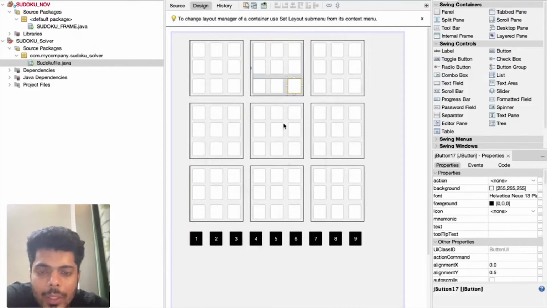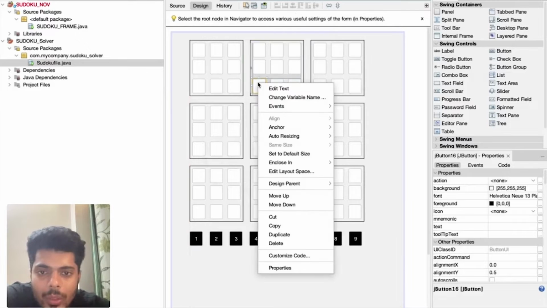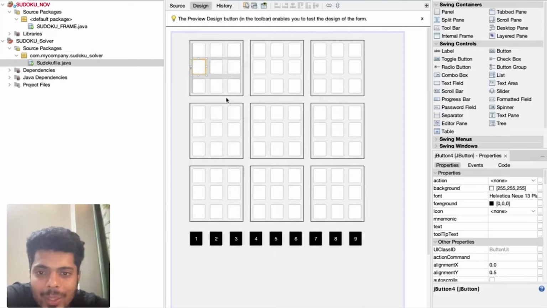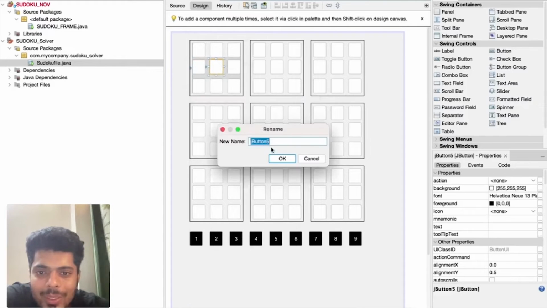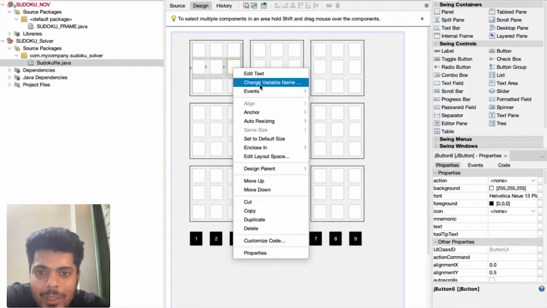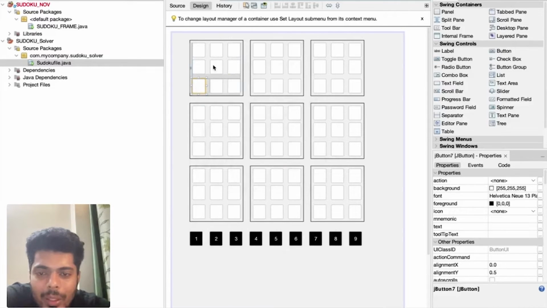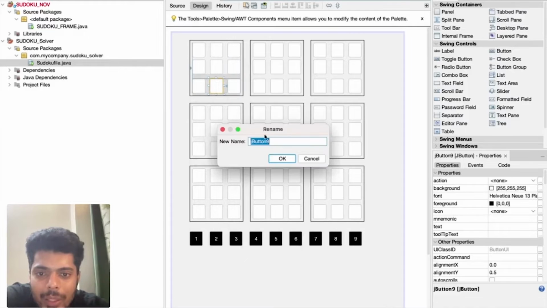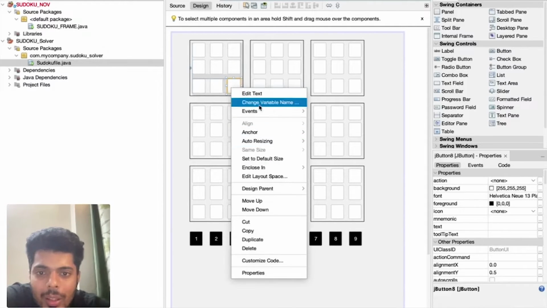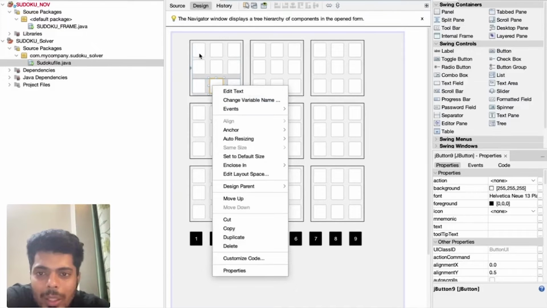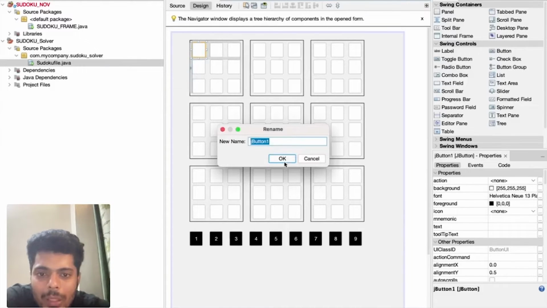This is 17. I don't know how it is going on, but hopefully we will try to figure it out. No issues. J button 5, J button 6. Anyway, we're going to change the name of every variable to significant names. So anyway, we had to change it. Now definitely we have to change it. Now there is no option. No issues, no problem, we will do that, of course.